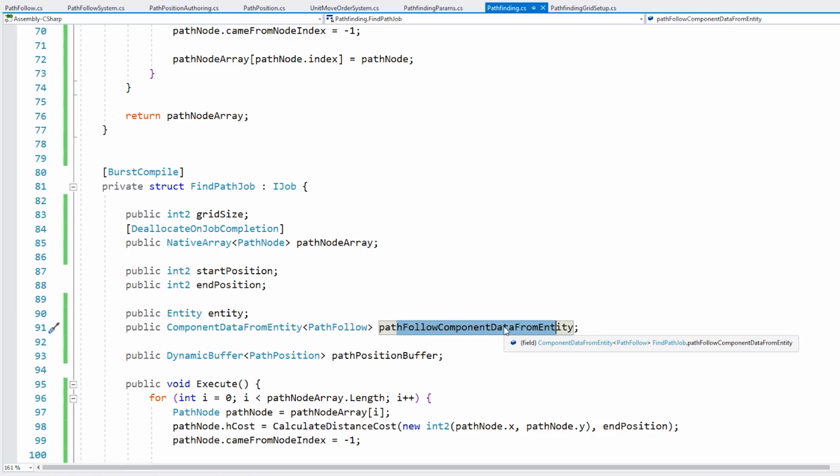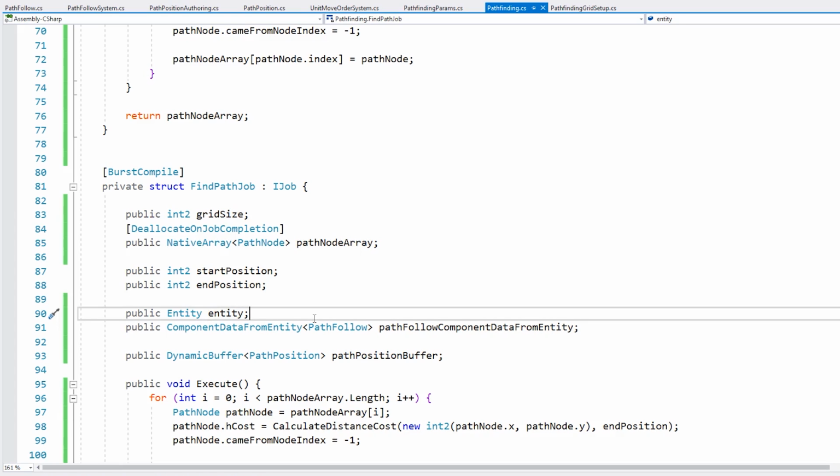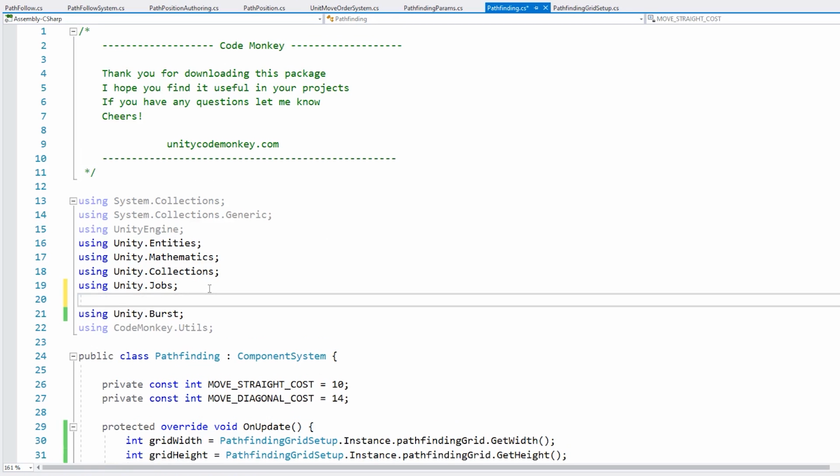However, here we know what we're doing. We know that even though multiple jobs receive the same component data from entity, each job will access this array with a different entity. So there's no actual race condition. So the solution here is to tell the compiler that we know exactly what we're doing and we want to disable safety. So for that, we go all the way up here in order to add another using